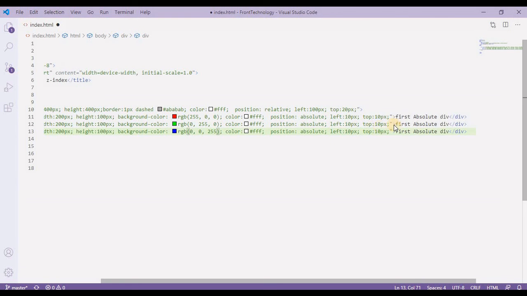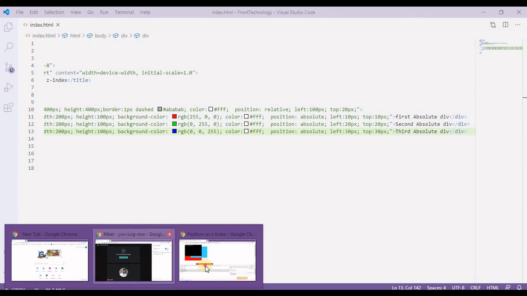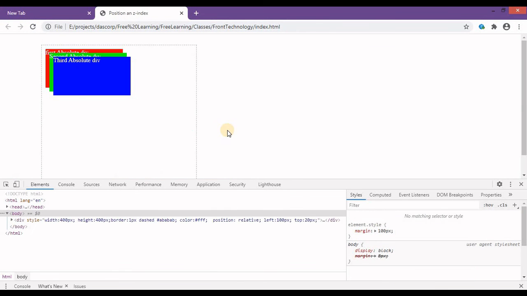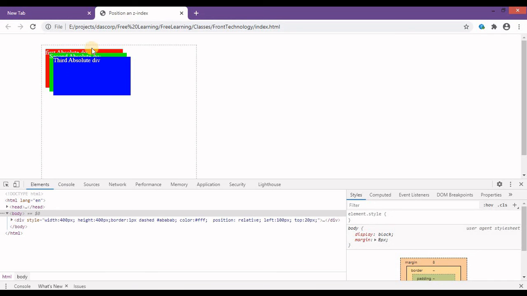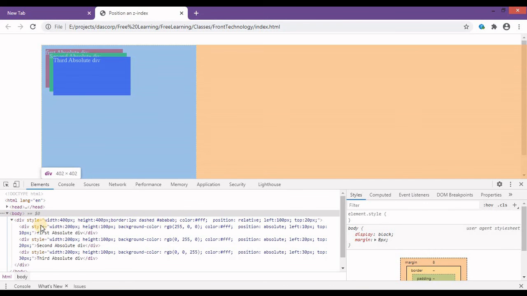The positions are the same, absolute for all, and top and left should be increased by 10, so that is 20, and that is 30 for the moment. This is going to be the second, and this is going to be the third. Now let's go back to our browser and refresh. As you can see, we have our red first, then green, then blue, and we have not mentioned any z-index. So let's mention the z-index over here.